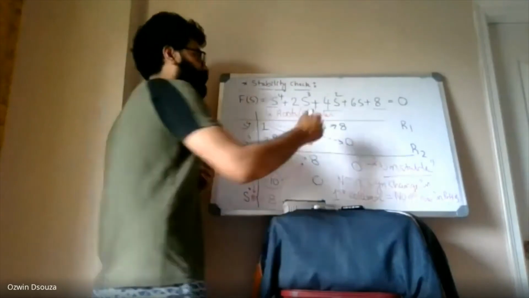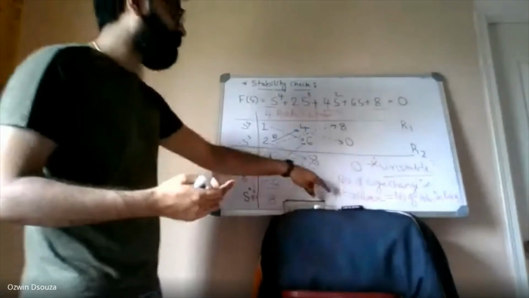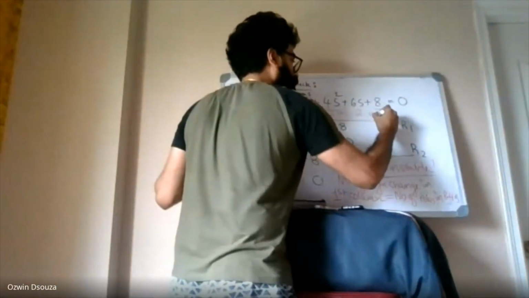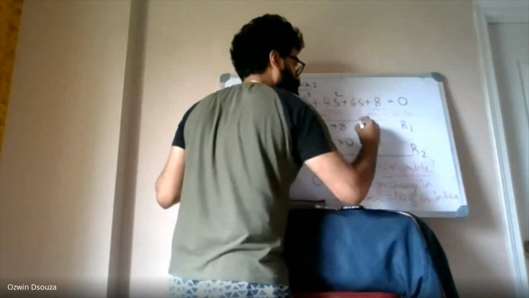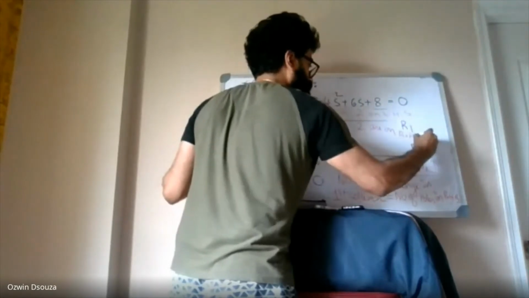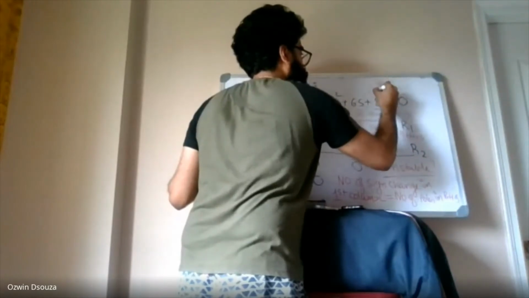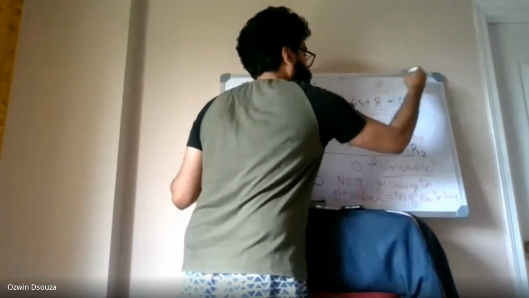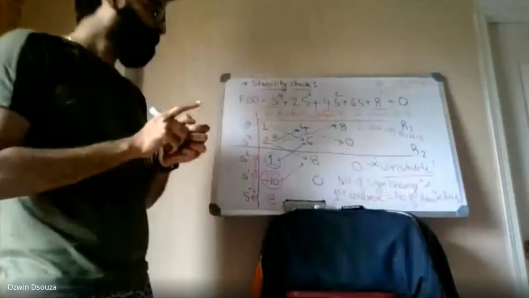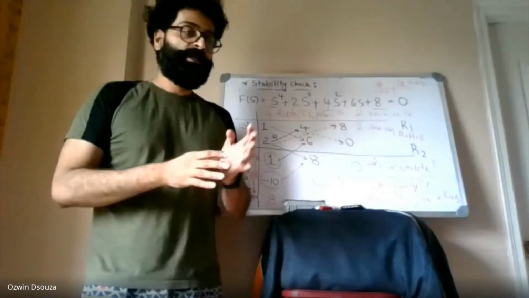Now, out of 4 roots, how many roots are there on LHS and how many roots are there on RHS? That can be found using the sign changes. So, out of 4 roots, 2 are on LHS and 2 are on RHS. Okay, remember one thing, it just talks about the presence of closed loop poles on